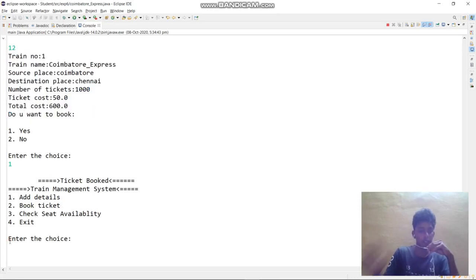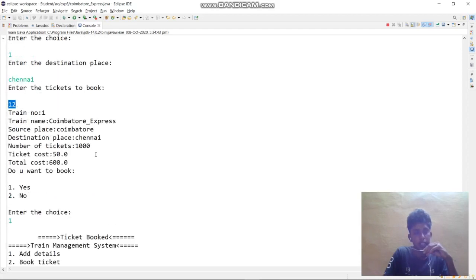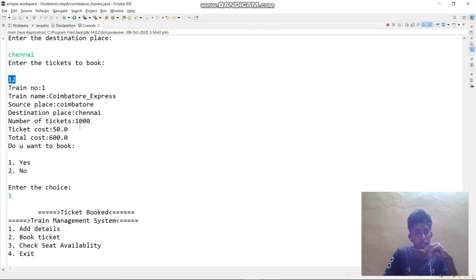Next, seat availability. Now you see here, initially it has 1000 tickets, and I have booked 12 tickets. So 1000 minus 12 should be printed in seat availability, because 12 tickets have already been booked by someone.